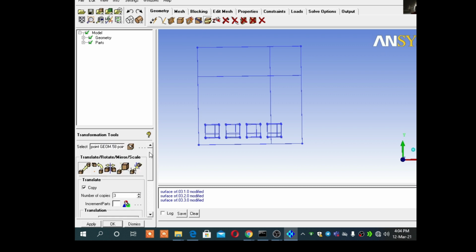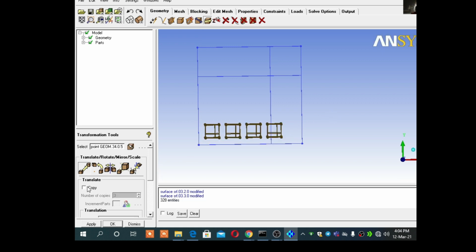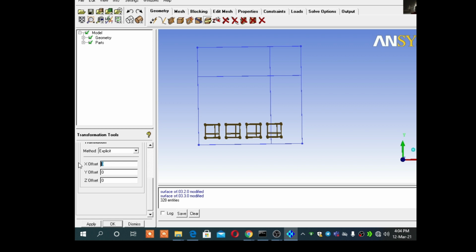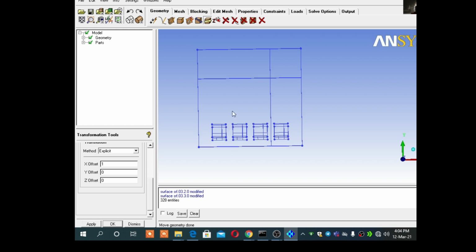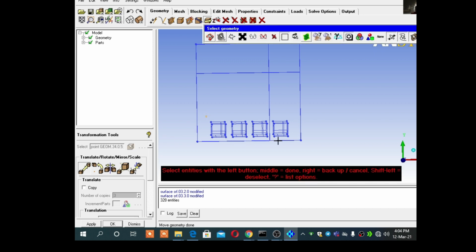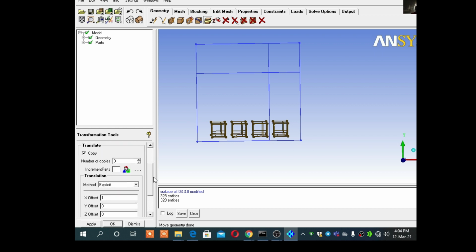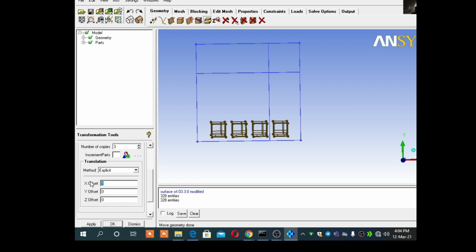What I will do, I will move somewhere to the X side, so I will say copy and I will move it 1. Oh, that's good. Okay, then again I will copy here, copy with the 3 instances, and here in offset it's 3.